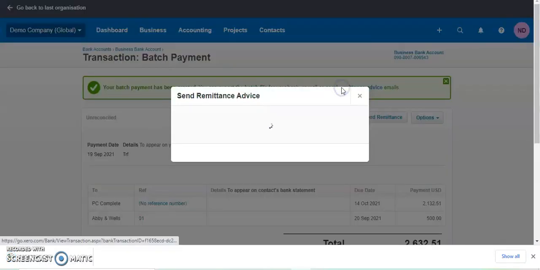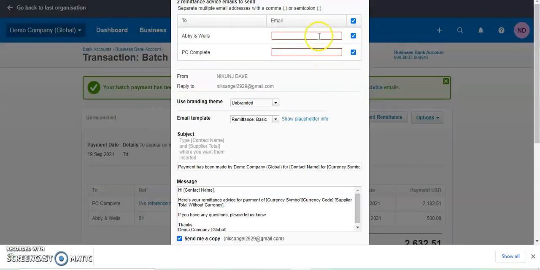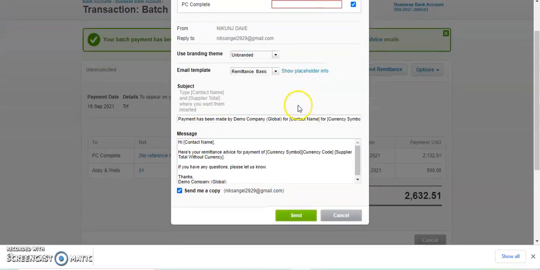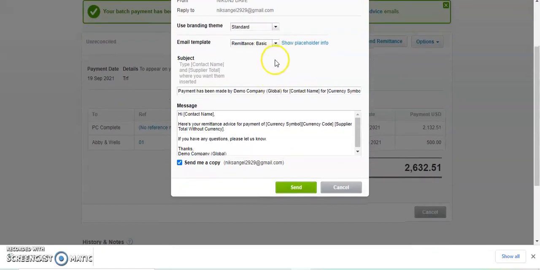Send remittance advice, if you click on that option, you will find that the email addresses of the suppliers are missing. In case you have already inserted the email address, then you can definitely send a mail directly to your suppliers using a branding theme. So let's say I am selecting the standard theme, email template. So this is the basic remittance template.